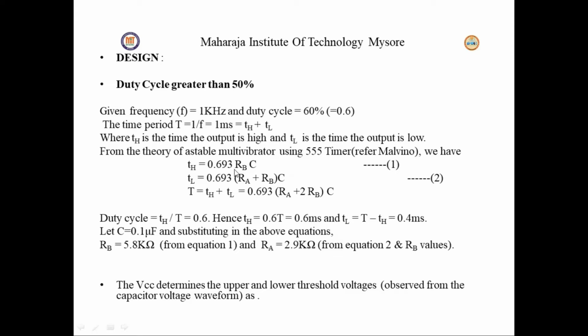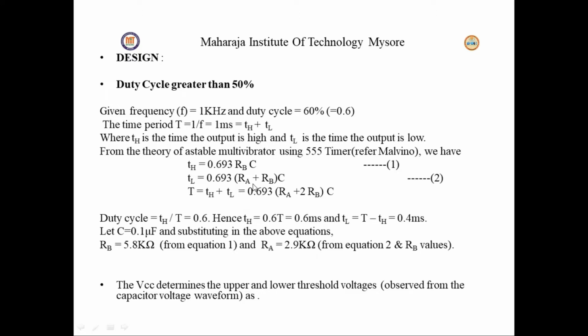If we substitute the value of TH as 0.6 millisecond and C as 0.1 microfarad, then we will get the value of RB as 5.8 kilo ohm and RA is equal to 2.9 kilo ohm